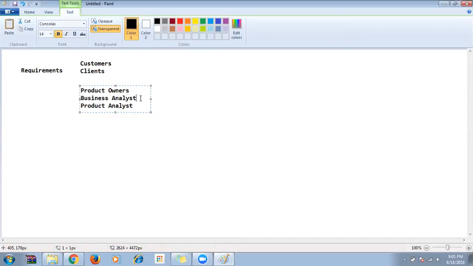For example, you are going to create a product for several customers. You are the software company, you're going to design a product, and after that you're going to sell that product to different clients. So the person who is going to collect the requirements will be called a product